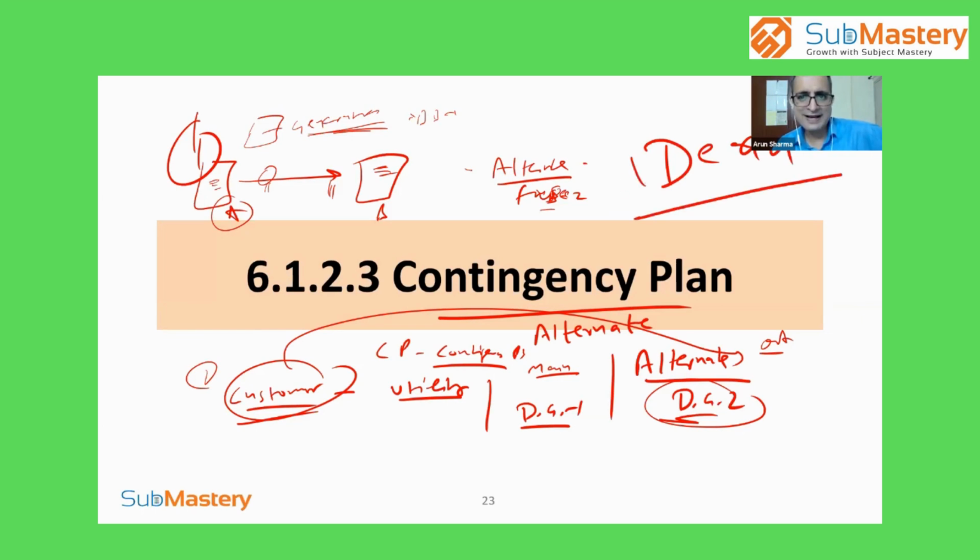Now in IATF, the contingency is live. So what does it mean? The contingency is not a dead document. It's a live document. It needs to be updated. It needs to be live. At the time when you need contingency, that means the alternate, the alternate should help you. So in that perspective, let us try to understand this clause requirement. Contingency is not dead, contingency is live.